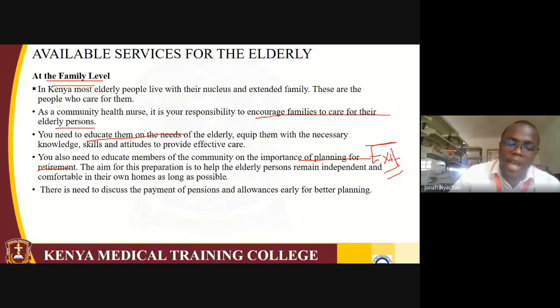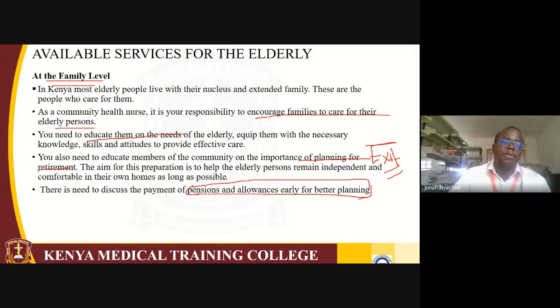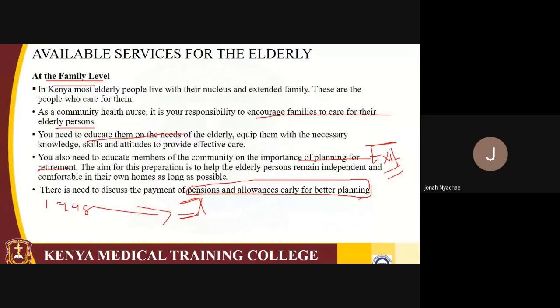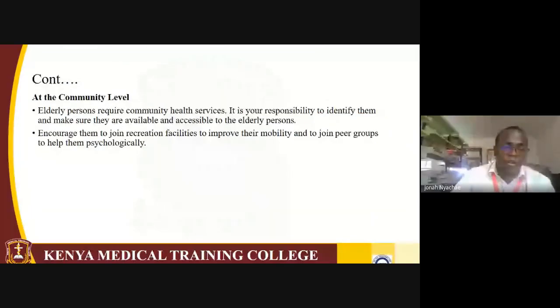So there is also need to discuss payments of pensions and allowances early for better planning. But you know, here we have a problem where a person retired in 1998, and up to date they have not been paid their pension. So you need to have alternatives so that once your sunset days arrive, you can sustain your life. So at the community level, we also can assist the elderly by